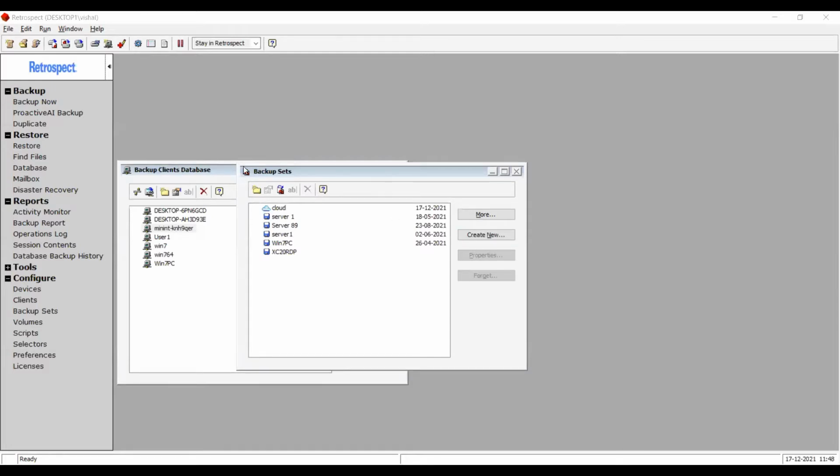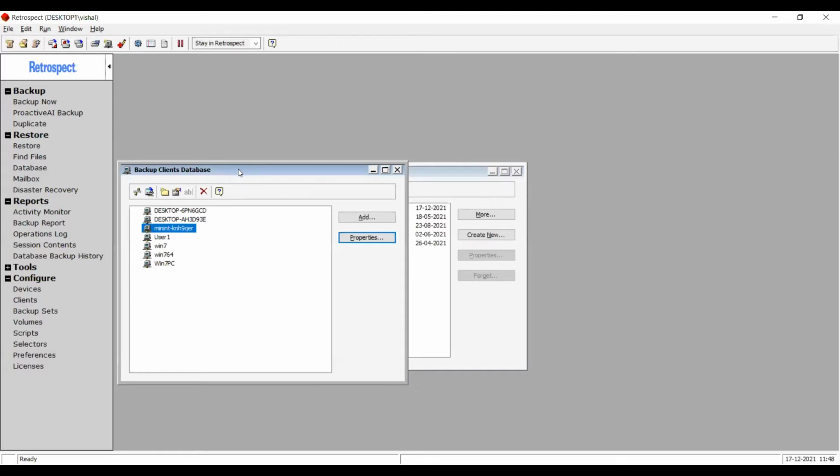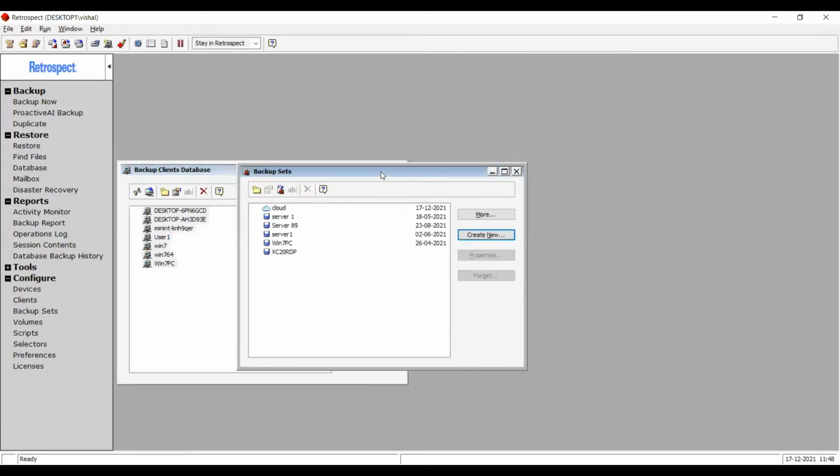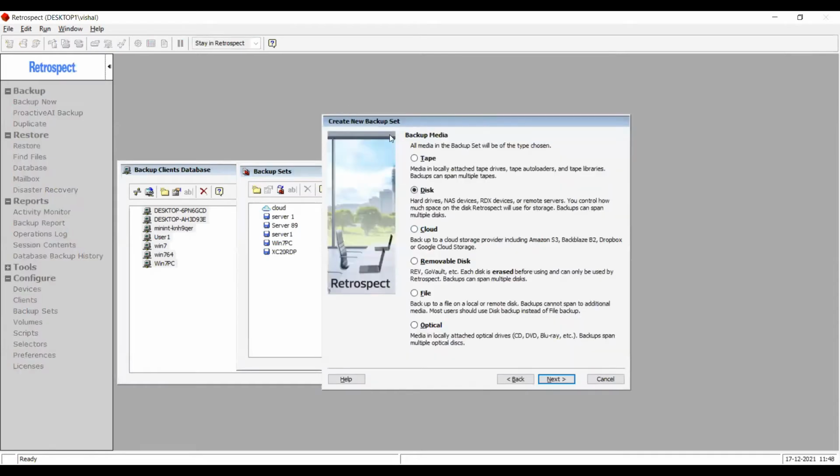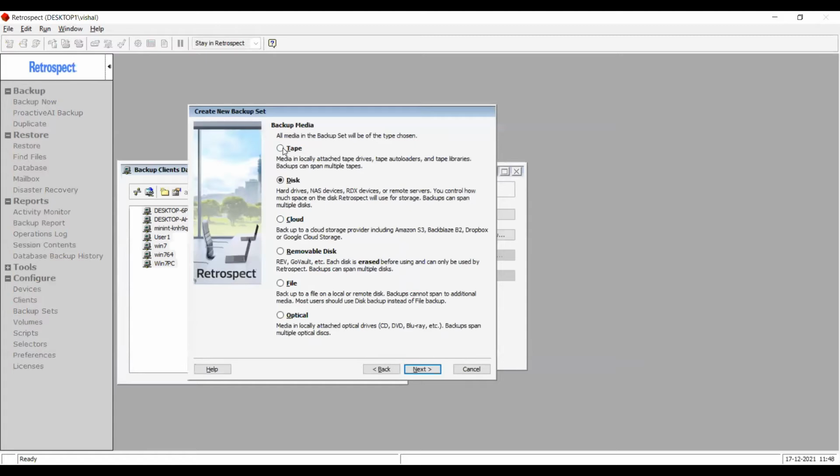And so right now we are setting up a test backup. So first thing is to set up our sources. The next thing is to set up our destination. So to create a backup set, I can click on the create new button here, and then I'm presented with multiple options here. I can do backups to multiple media types.